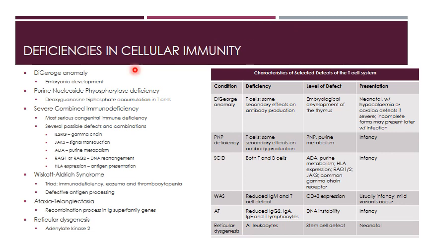So if we go down these one by one, we have the DiGeorge anomaly. This is actually a pretty easy one to remember. It occurs during embryonic development. If you took embryology, you went through different periods of time, and you had gill slits at one point and all that crazy stuff. But as your neck was developing, an anomaly occurs between the third and the fourth pharyngeal pouch